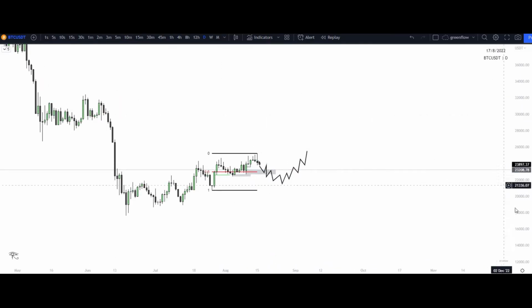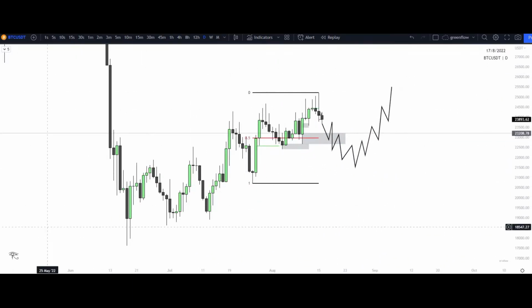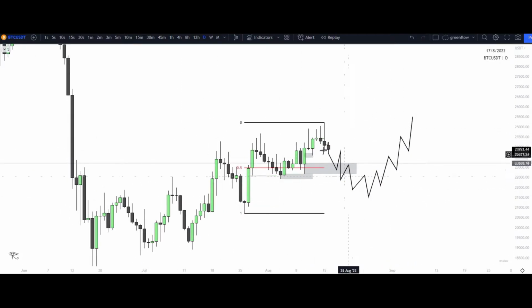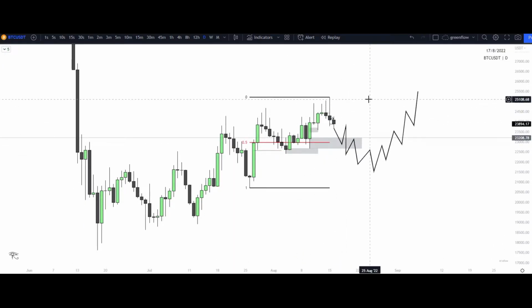The reasoning I'm looking for this, right, it's the same reason I'm going to be looking for this on indices. And I will show you that in a second. But understanding that we are sitting in premium, consolidating in premium, showing a lot of long liquidity, right, and manipulating highs, that starts to tell us that we could be in a possible distribution scheme within these areas right here.